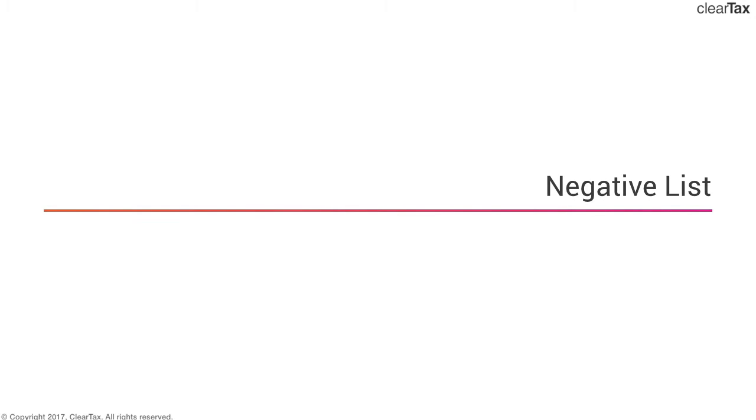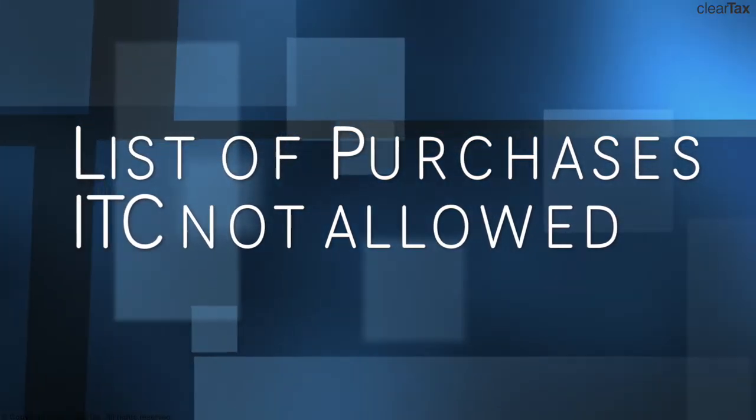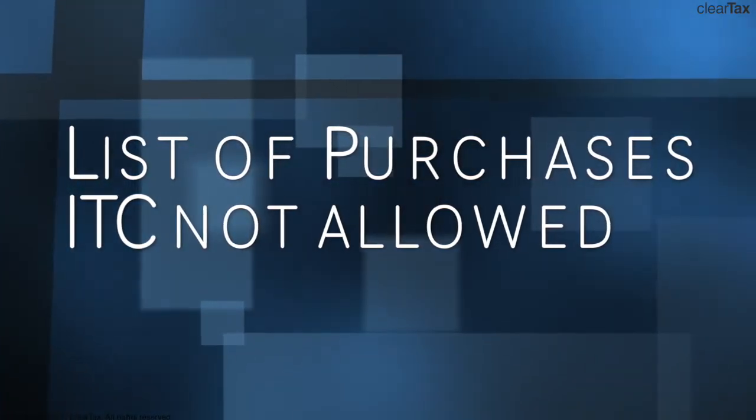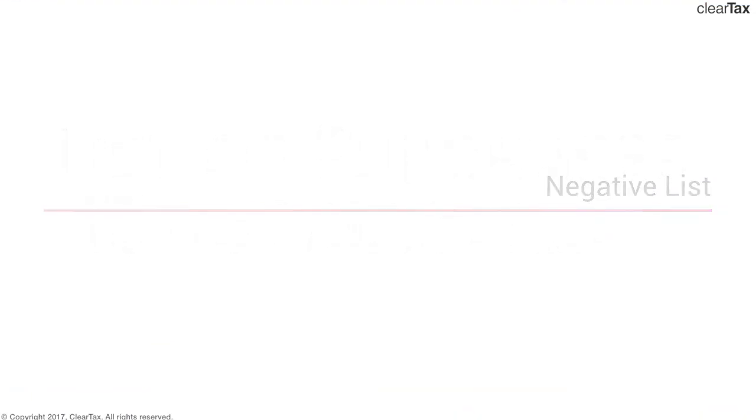This lecture is an introduction to the negative list. Negative list is basically a list of purchases, inward supplies, on which input tax credit cannot be claimed. So, in order to understand negative list, the first thing that we'll need to know is what exactly is included in